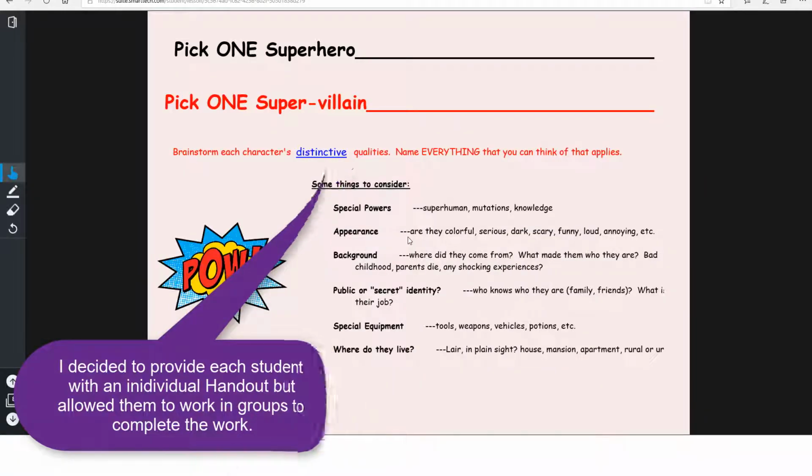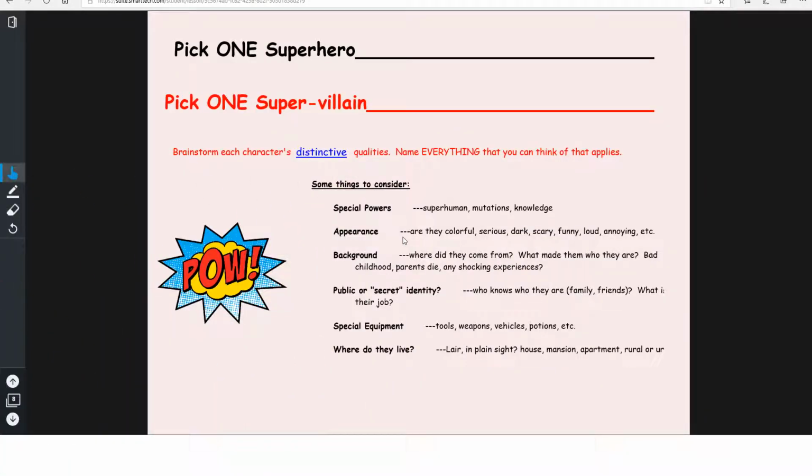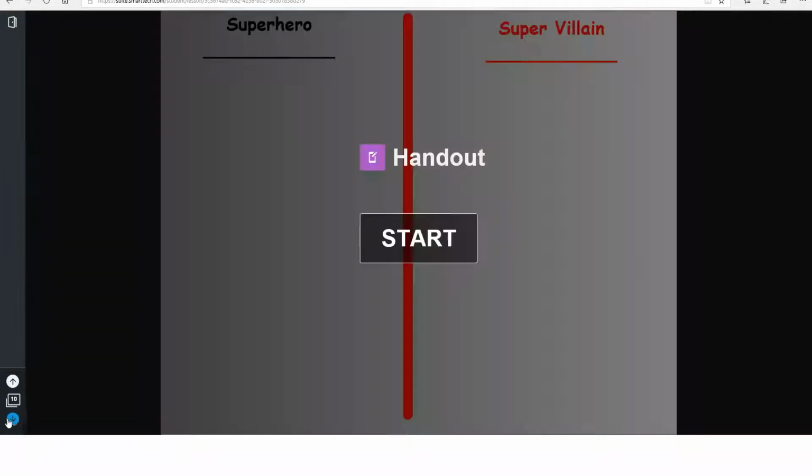This whole warm-up process usually takes about 10 to 15 minutes, and then we're ready to move into the assignment where students pick one hero and one villain to describe. I usually let them work in small groups, but this can be an independent activity as well, depending upon student needs. Once they have spent some time exploring some existing characters, I usually complete the next few activities as a